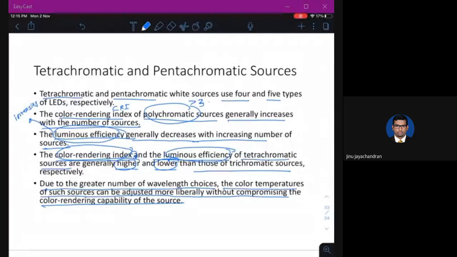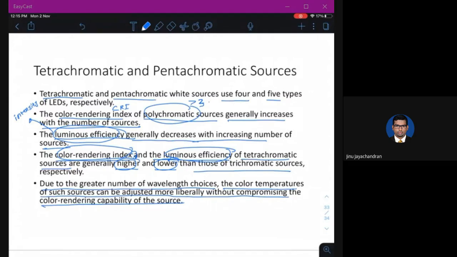So basically you have 2 advantages of these polychromatic sources: high color rendering index, and you can adjust the wavelength choice so that it will not impact the CRI. And there is one disadvantage, which is low luminous efficiency. These are the basic advantages and disadvantages of tetrachromatic and pentachromatic sources.